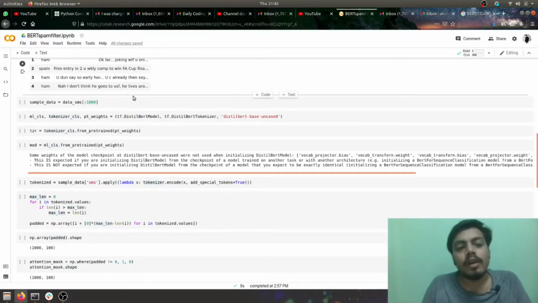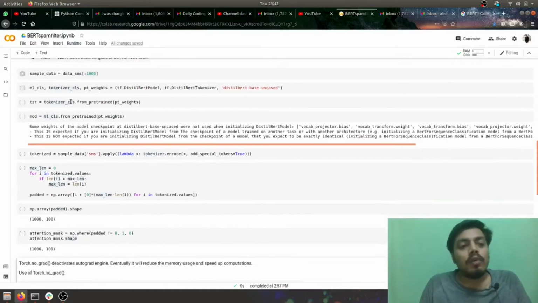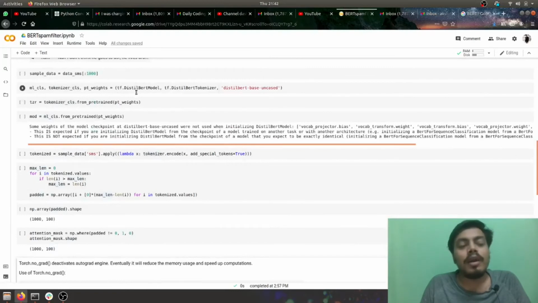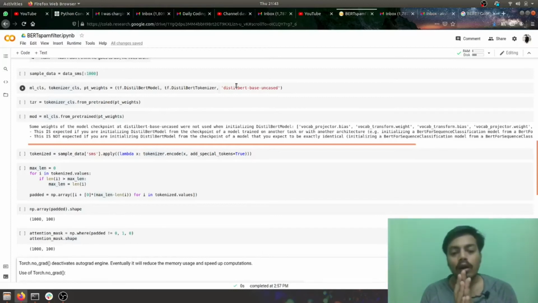Okay, so once that is done, from my transformers I've imported a DistilBERT model, a DistilBERT tokenizer, and my weights. What is DistilBERT? You can understand DistilBERT as a lightweight version of BERT.